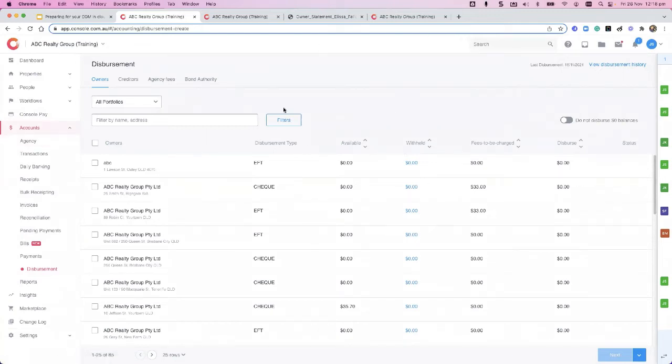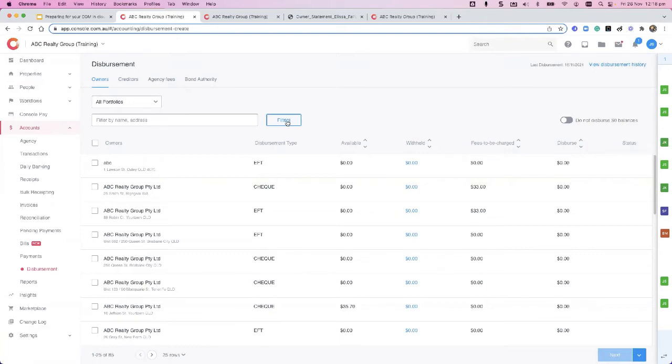A couple of really important points when you're doing your disbursements, even if you are doing it whenever. Technically you could do it every minute if you wanted to, but obviously in reality we're probably not doing that. You can do it usually. What's the filter? So in disbursements, key thing in here when you're doing disbursements for certain owners with certain frequencies,